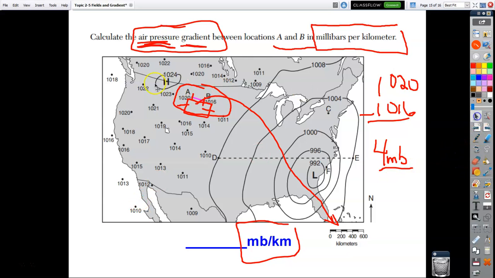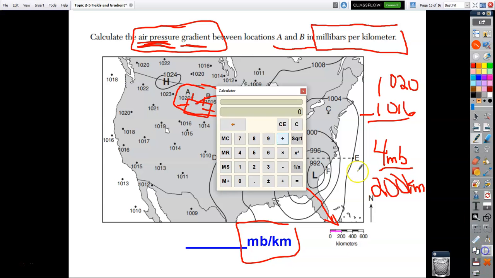So in that case, if I take that little purple line, I grabbed that with all that mess. That was pretty impressive, Mr. Rocco. And I'm going to rotate this guy, and I'm going to bring this guy up here. Oop, now I can't get it right. There we go. And you can see that's about 200 kilometers. So I had 4 millibars divided by 200 kilometers. I grabbed my calculator. I plug that in. 4 divided by 200. I get